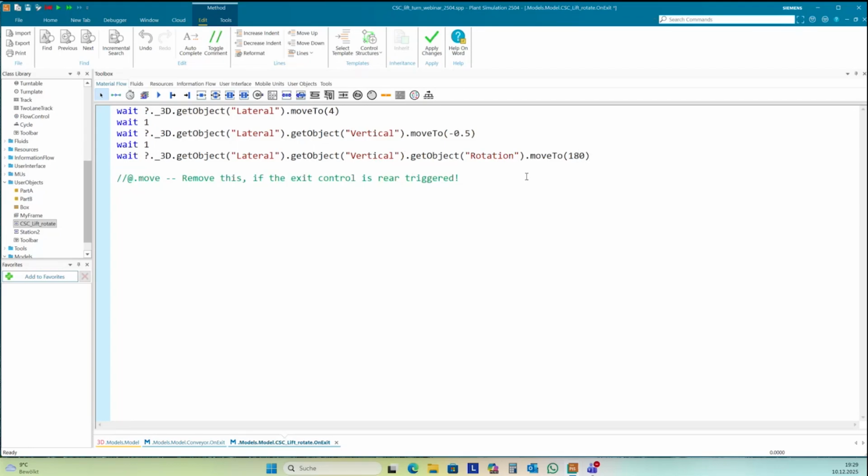Move to 180 degrees. And this I want to check.